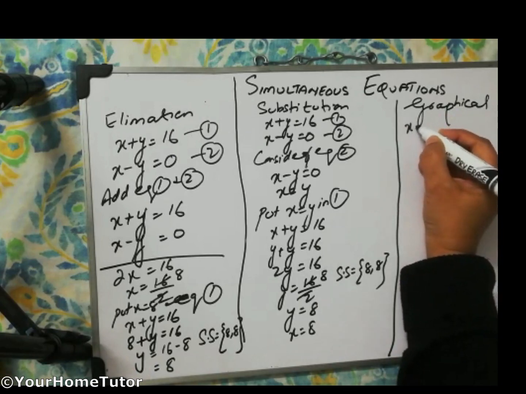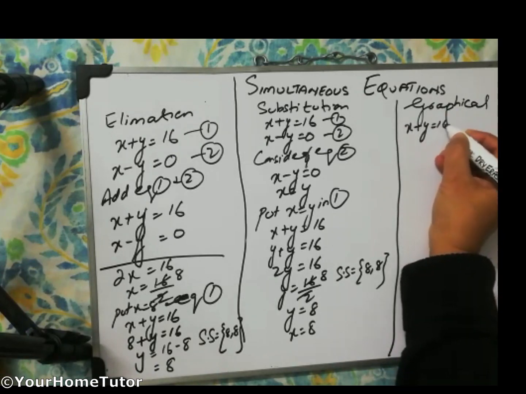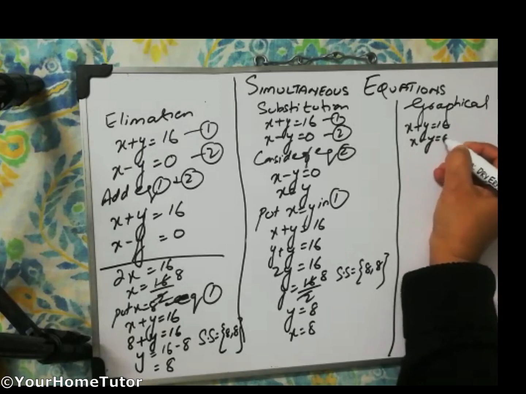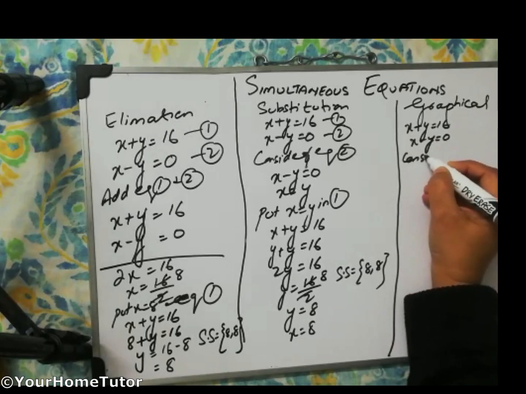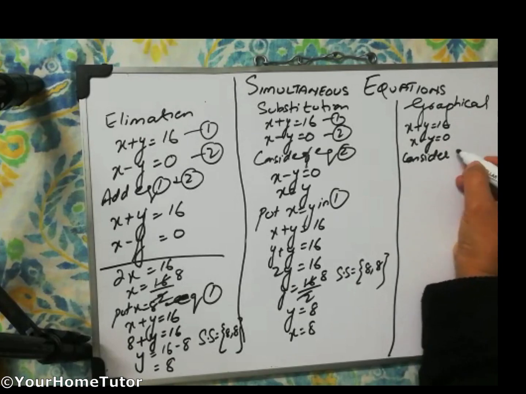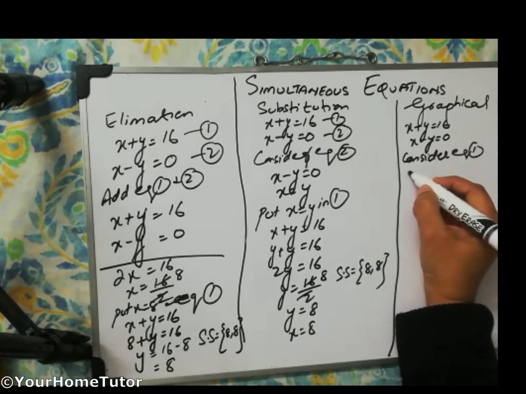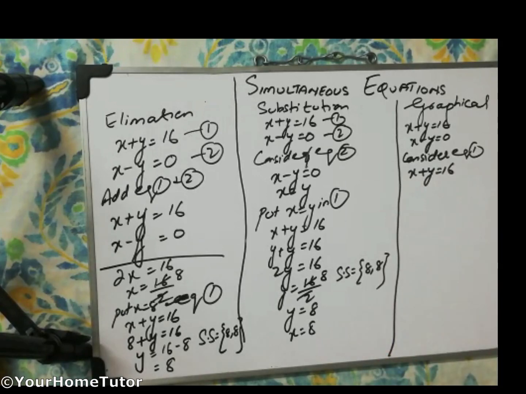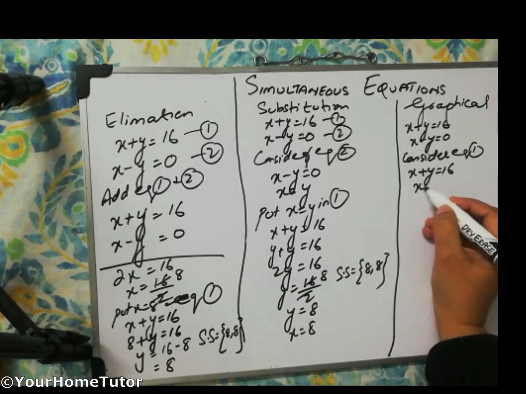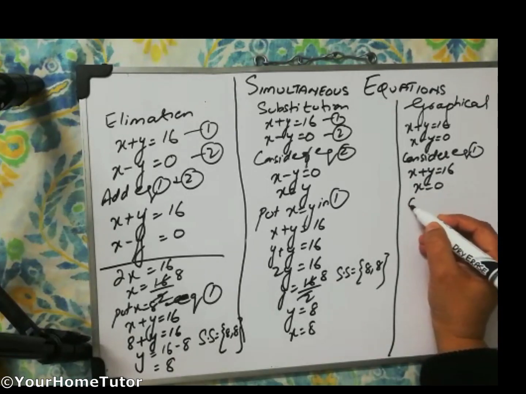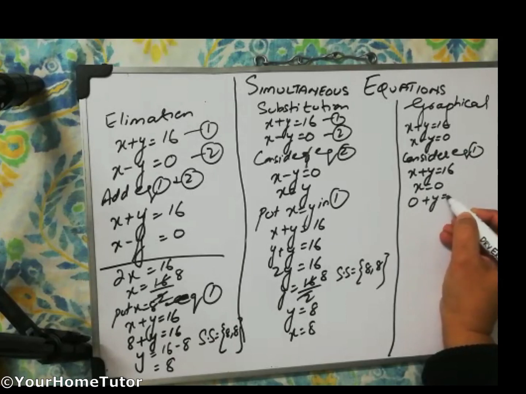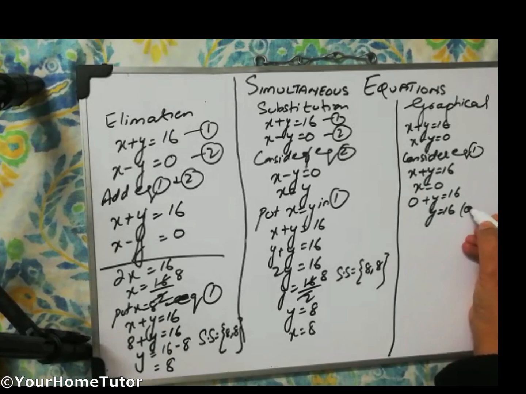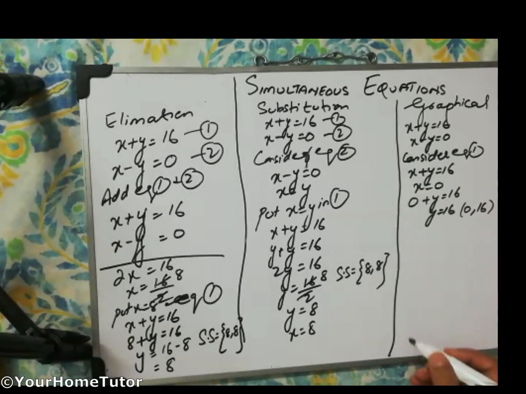In this case, first we have to consider equation 1 and then equation 2, and we have to make the ordered pairs. Suppose equation 1 is x plus y is 16. Now we have to suppose values of x accordingly. For example, if we take x as 0, we put 0 in place of x: 0 plus y is equal to 16, so y is equal to 16. Our first ordered pair is 0 and 16.